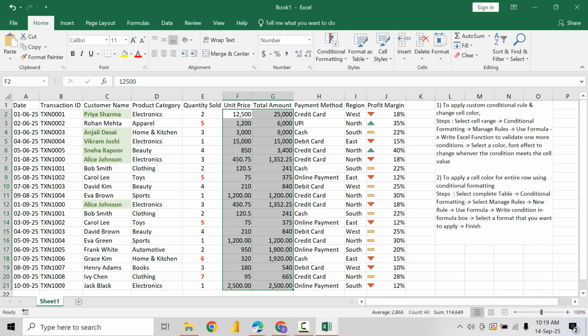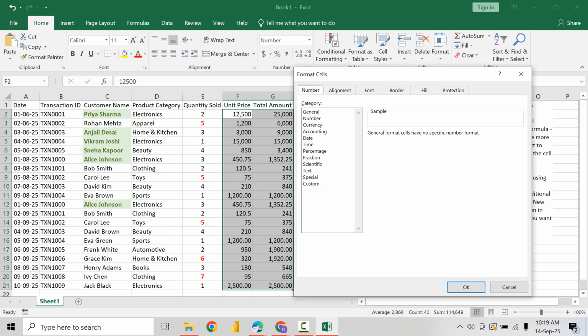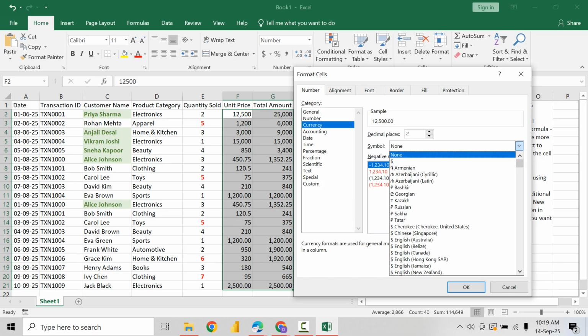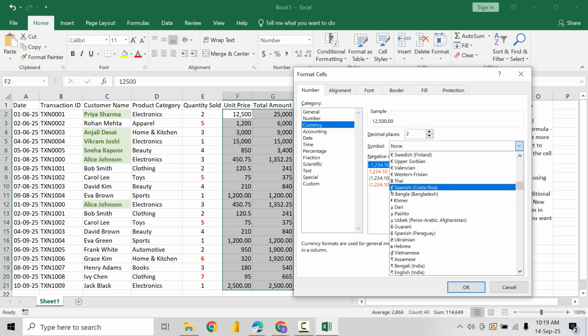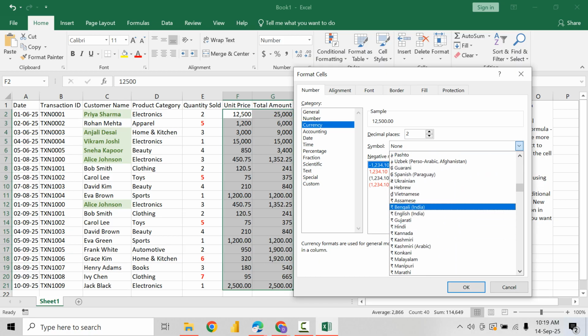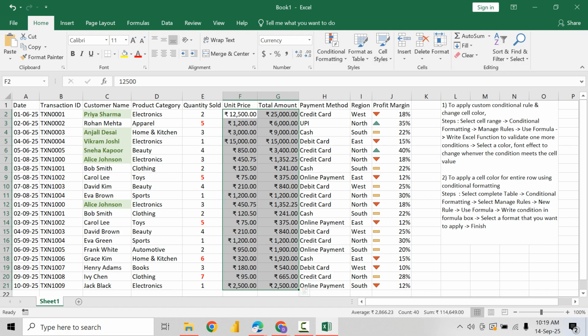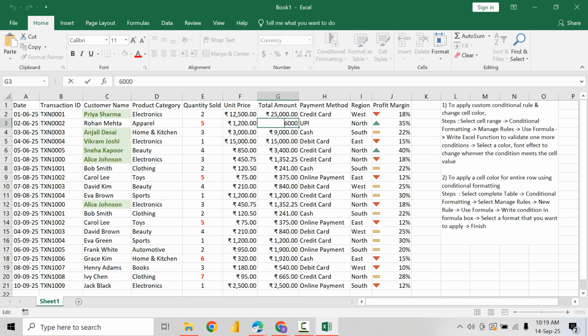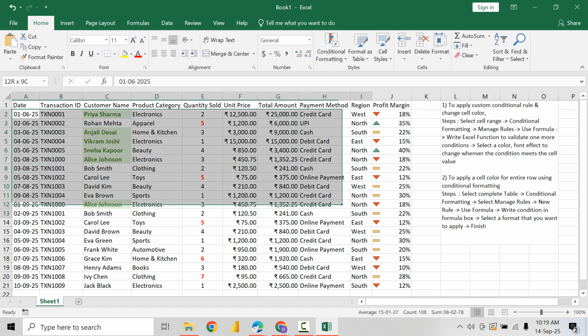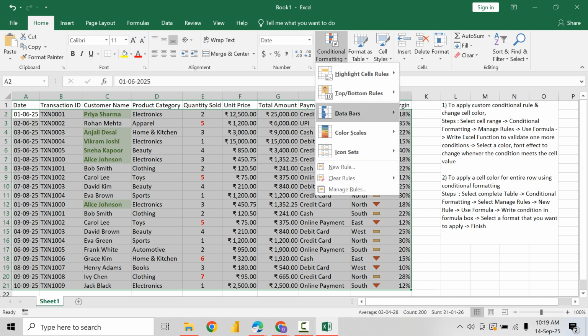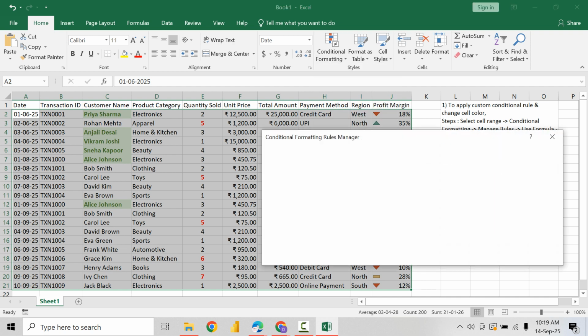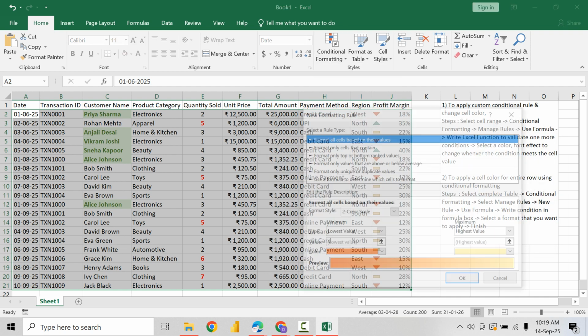Now see, whenever I double click, it shows me that it is a number. Now it's working. Now let's go for conditional rule, manage rules, use a formula. Now I write a formula as is equal to, and because there is more than one condition, see, again, I am selecting only the first cell to write a condition, and I carefully remove the dollar symbol before the row number. If it is equal to, in double quotes, I check